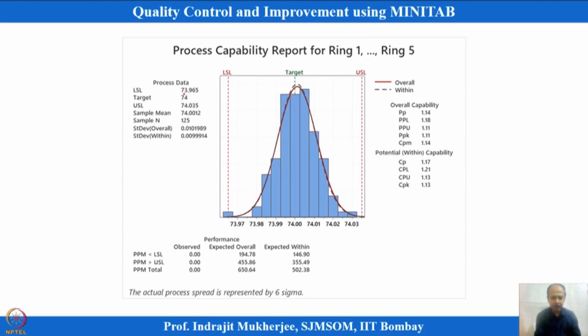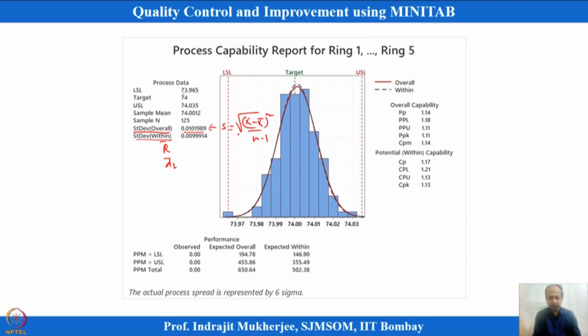MINITAB reports these values. The standard deviation within is reported here, and this is the standard deviation overall. I told you that this standard deviation within is calculated by this formulation for a subgroup size, and this standard deviation overall is basically the sample standard deviation. The expression for S is the square root of the sum of (x minus x bar) whole squared divided by n minus 1. So, this is the formulation for the standard deviation overall,